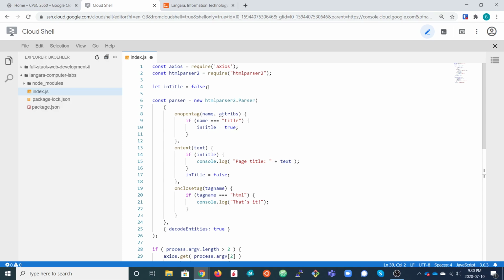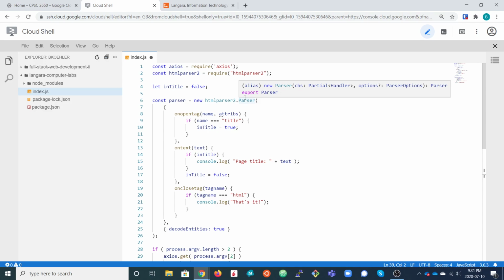We are going to have this state variable, inTitle. As the parser moves through the HTML document, it triggers events when we enter a start tag, an attribute, the text of an element, or the ending of a tag. So we're going to use this flag state variable to let us know when we are inside the title element, because that's when we want to start paying attention to the content of elements.